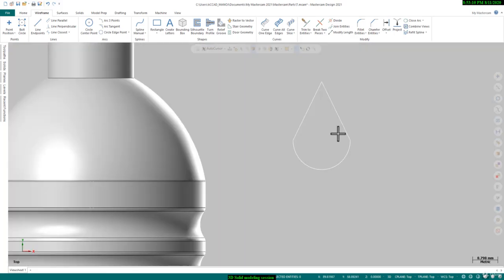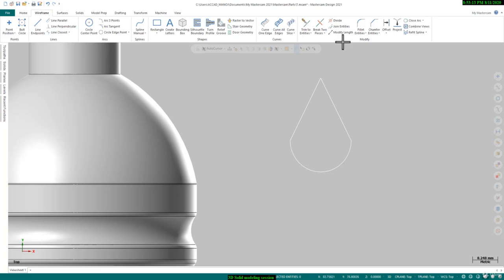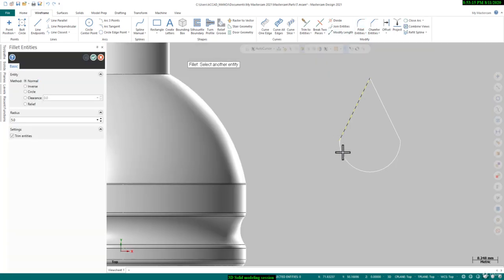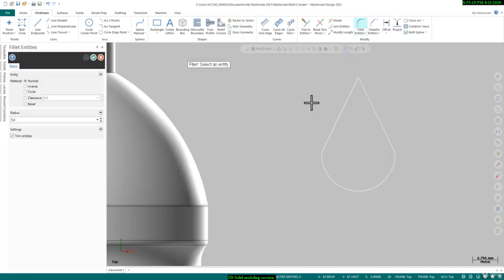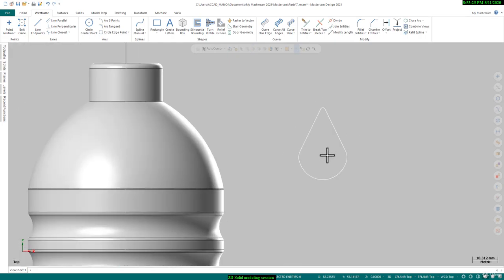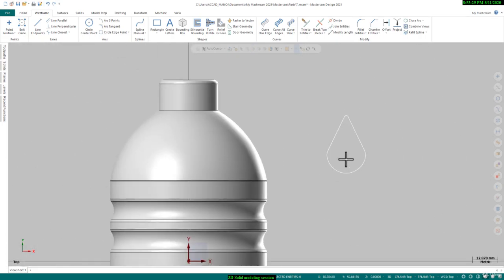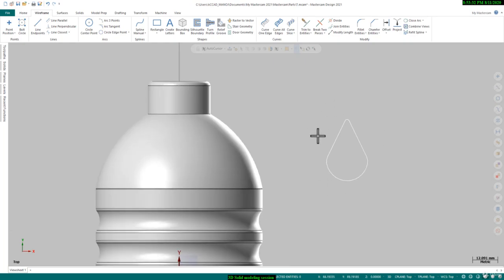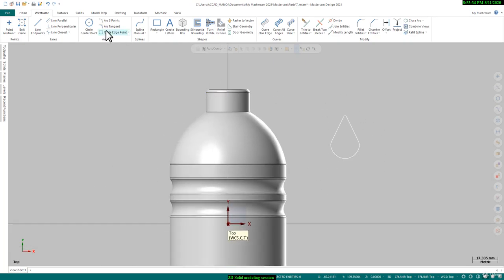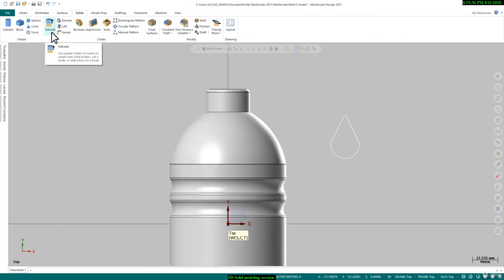and we will give some radius value here, and here also, only 1 mm. Okay, so now what we will do, we will extrude it, solid, and then extrude this area